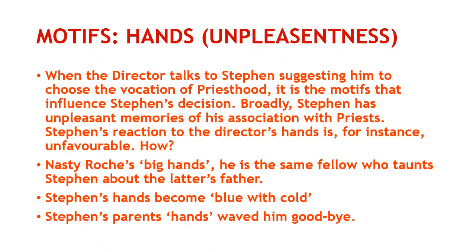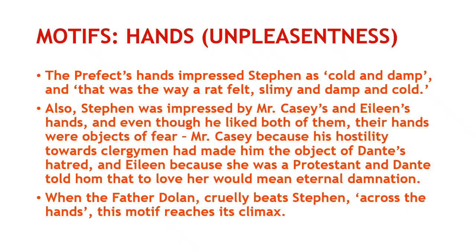Next, there's a mention of Stephen's hands becoming blue with cold. Then we have another mention of Stephen's parents' hands waving him goodbye. The prefect's hands impressed Stephen as cold and damp, and that was the way a rat felt, slimy and damp and cold. Next, we see Stephen was impressed by Mr. Casey's and Eileen's hands, and even though he liked both of them, their hands were objects of fear. How? Mr. Casey's because his hostility towards clergymen had made him the object of Dante's hatred, and Eileen because she was a Protestant, and Dante